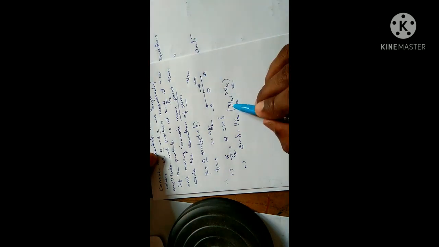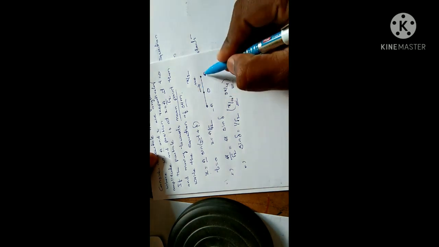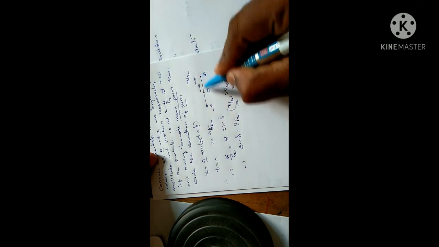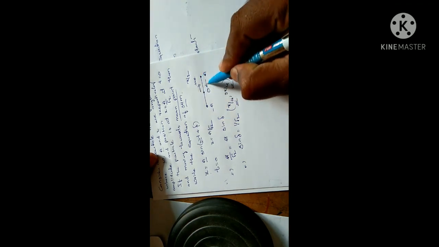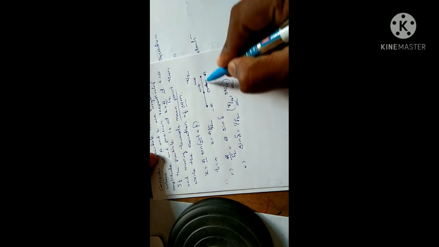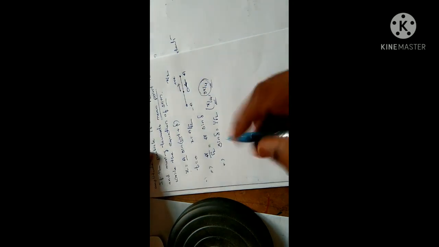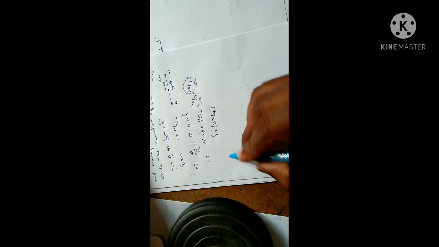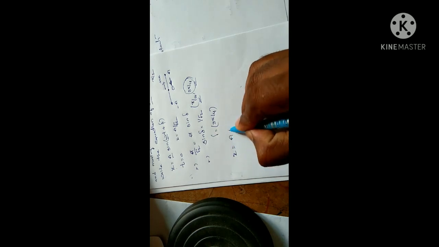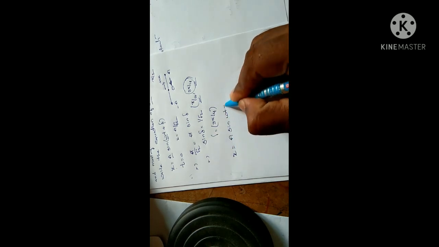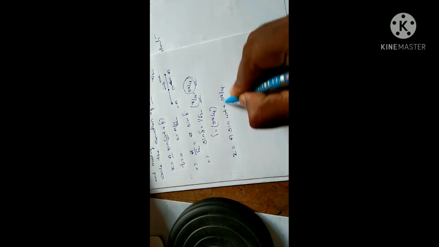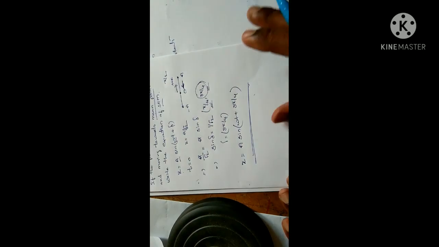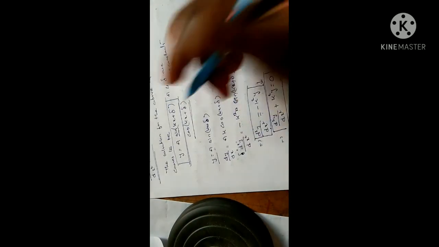So if I consider pi by 4 as the answer, the particle should move towards the first extreme. But here the case is different. He has given that the particle is moving towards the mean point. It is moving towards this point. So the answer is 3 pi by 4. So delta is equal to 3 pi by 4. Then the equation will be x is equal to A sine omega t plus 3 pi by 4. And in the general equation, I told you that here